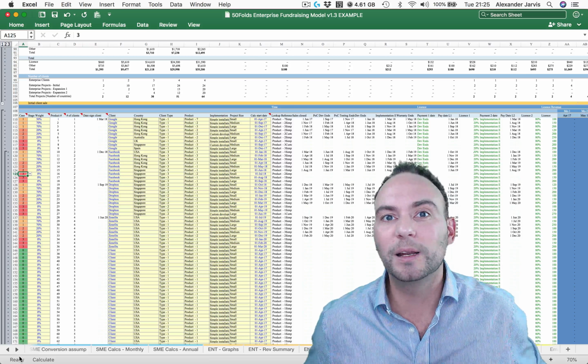And then you can see that, well, for the purposes, we're going to get license paid at the first part, 20% we paid at implementation. The second part of the license will be paid on a future date, which is, again, after, right? And then you can see it here. All the revenue is being mapped out on the specific date that the payments are happening. So first payment, second payment. First one, second one, because it looks like the period's shorter.